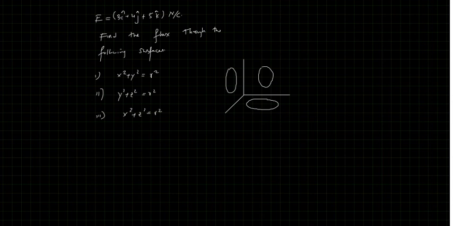So how to do it? We know x square plus y square is in which plane? This is x, y, z. So the first circle is in the xy plane. In the xy plane, what will be the area vector? The area vector will be normal to the surface. So it is along which axis? It is along the z axis, so I can write the area vector as A z cap.